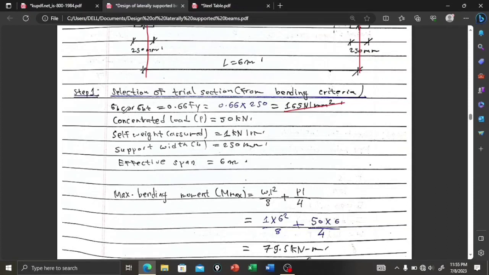Sigma bending compression and bending tension is 0.66 Fy, that is 0.66 into 250, that is 165 Newton per mm square. Concentrated load is 50 kilonewton. Self weight we assume 1 kilonewton per meter. Support width is